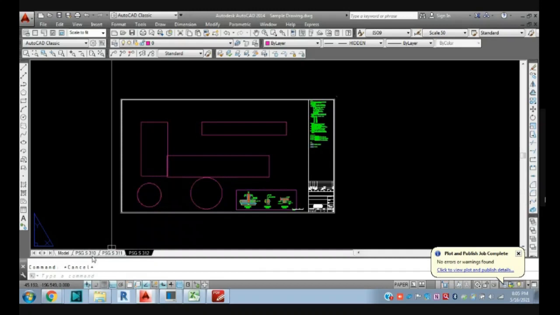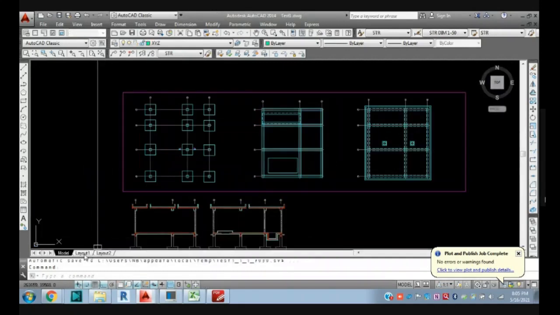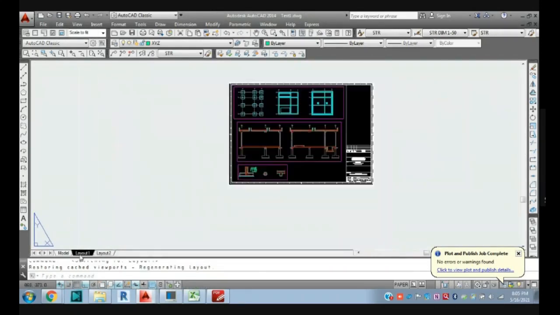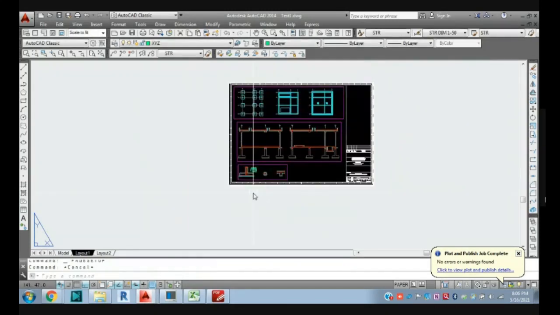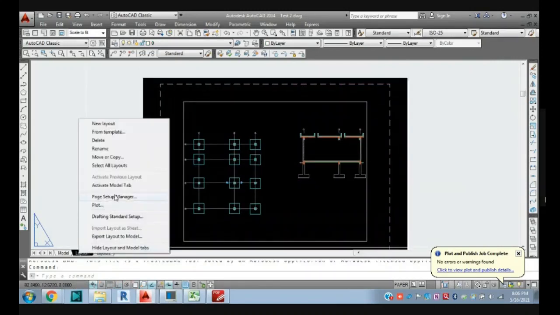No, because actually I will tell you. If you go here, page setup, this kind of situation is not usually needed, because we give all these sheets in one size, A0 or A3 whatever, but I think you can create it.